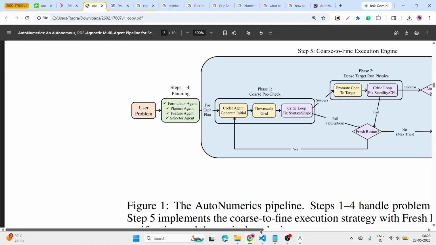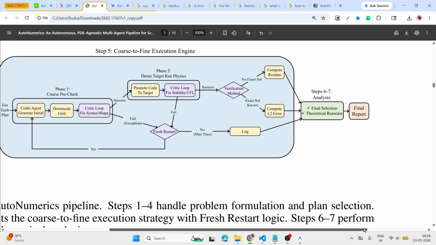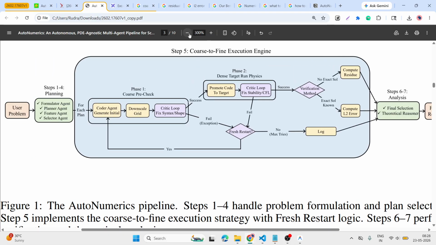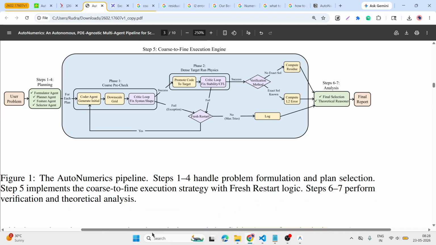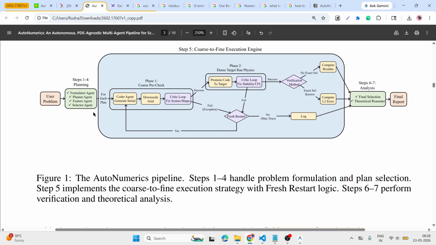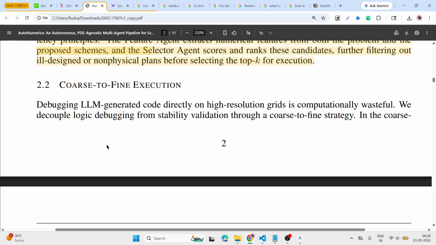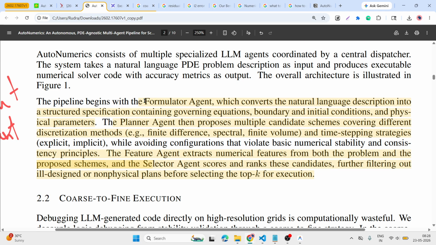So here in this case we have many agents. First is the formulator, planner, feature agent and selector. What does each agent do? The formulator agent converts the natural language into a structured specification, the governing equation, and also creates the boundary and initial conditions